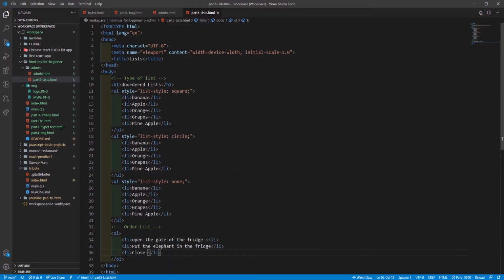Close the fridge. Add the heading for the ordered list.